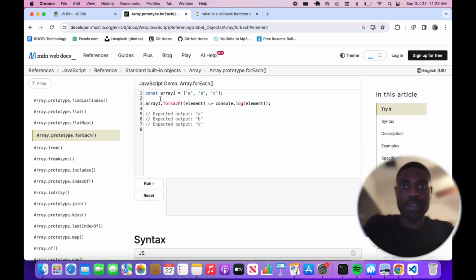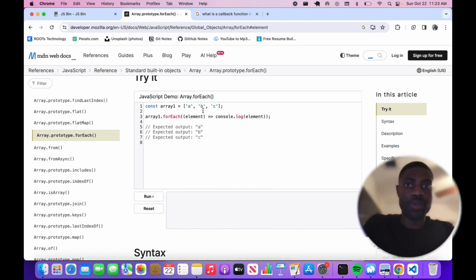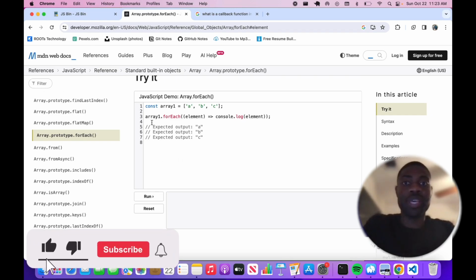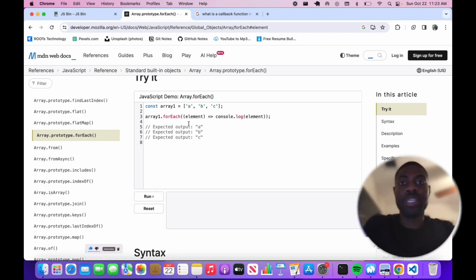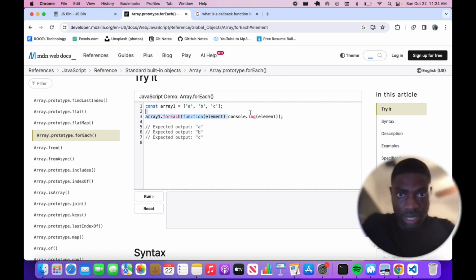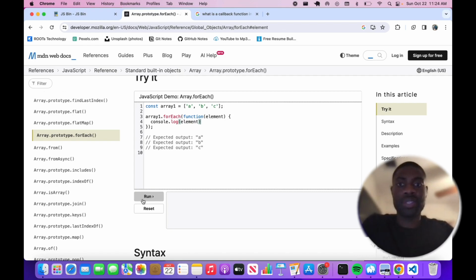So we have array1, which is an array of 3 items, A, B, and C. And then we have array1.forEach, and it's grabbing each element and logging out each element. So this right here is called an anonymous function. You may be used to seeing something like this. It's using an arrow function. Take this out, and then let's put this in a code block, log this out, and then we still get